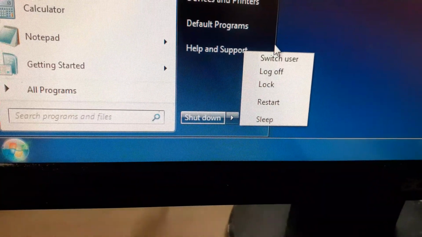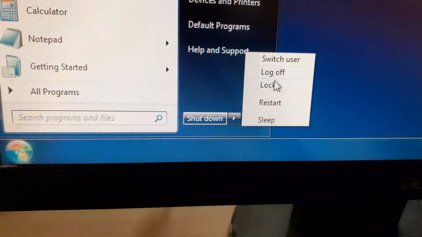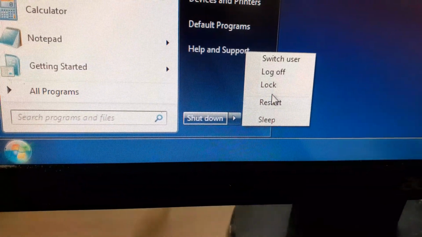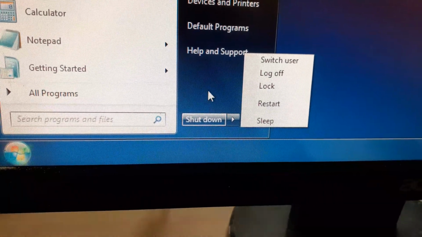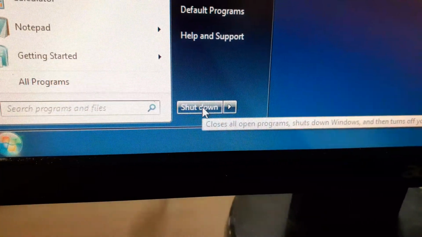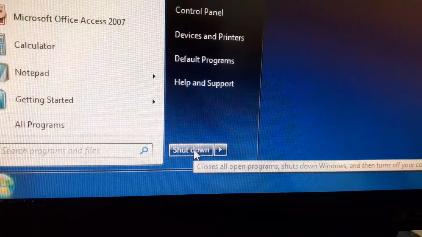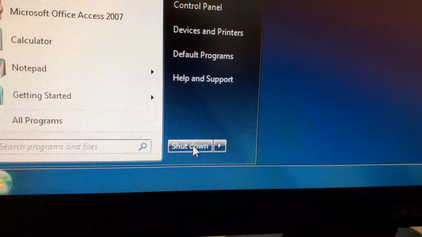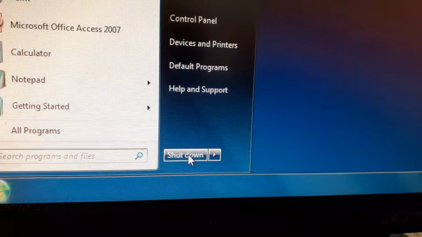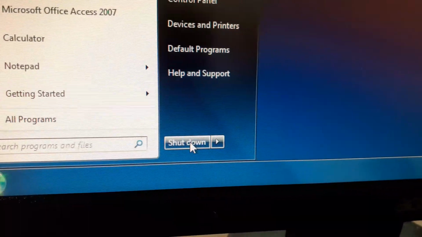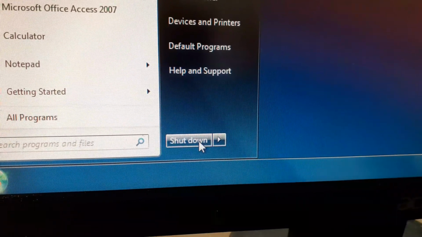These are the different options: switch user, log off, lock, restart. If you want to restart the computer, you have to click here, right children? So this is the shutdown button, and when you click on it, you can turn off your computer. This is shutdown, at the bottom of the right pane.